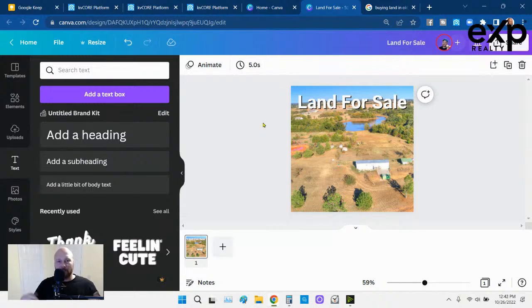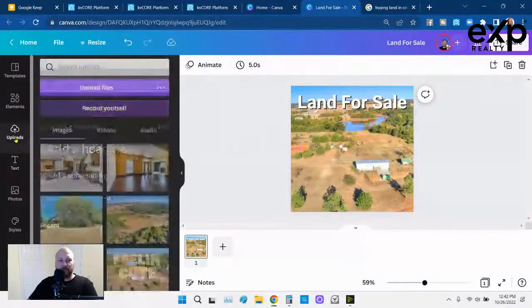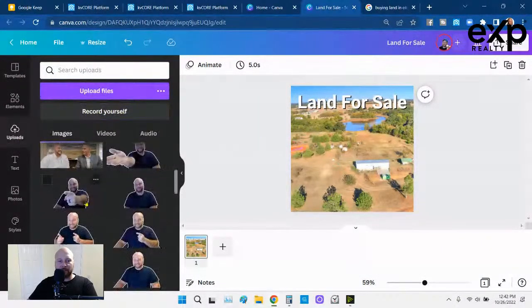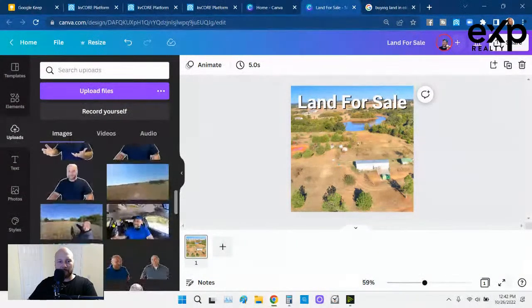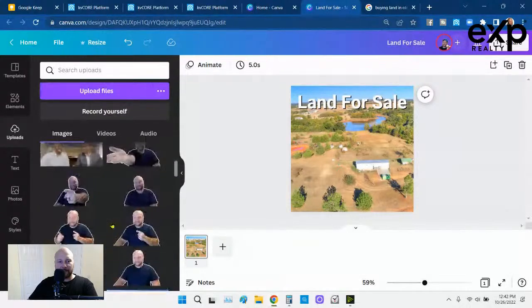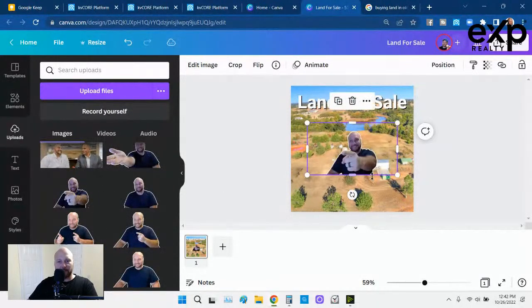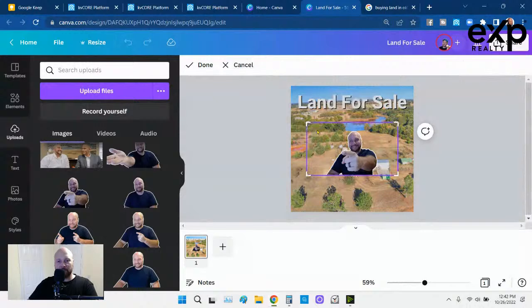And we're going to do this for 2 of these slides, and then that'll be pretty much it. I just do it for 1, and then the other 5 slides is basically just click and mirror. So it's going to be real nice. And then uploads, I want to of course put myself on it. So pick one of your images that you've already taken and get that on there. I like this one right now. So I'm going to crop it first because I want it nice and tight.